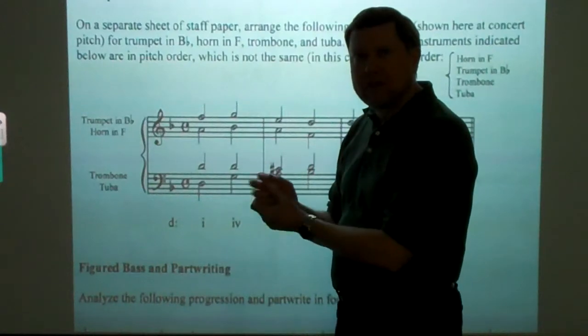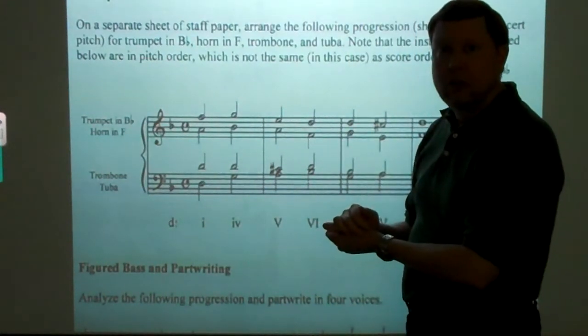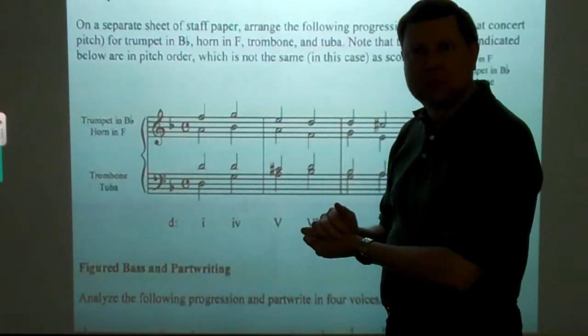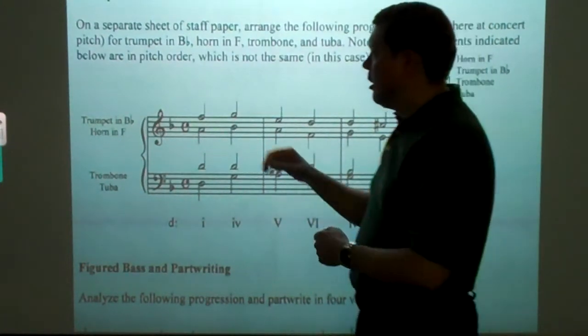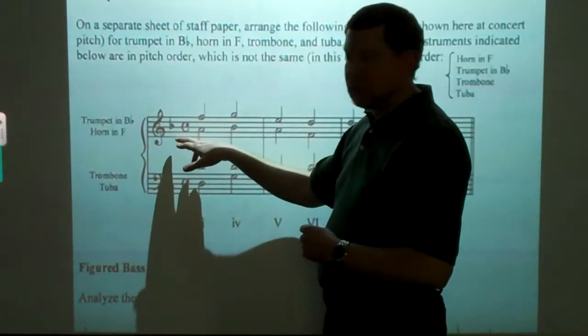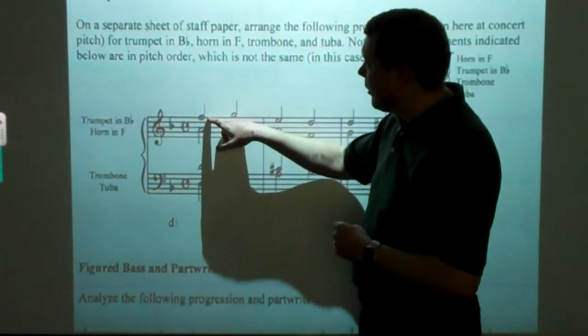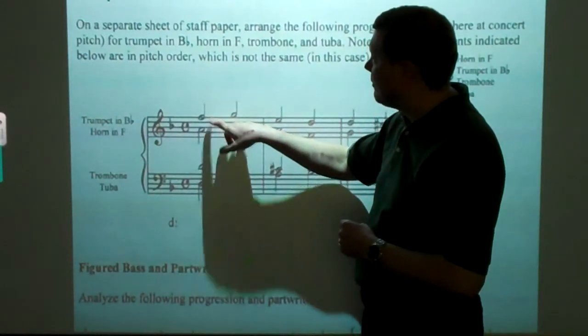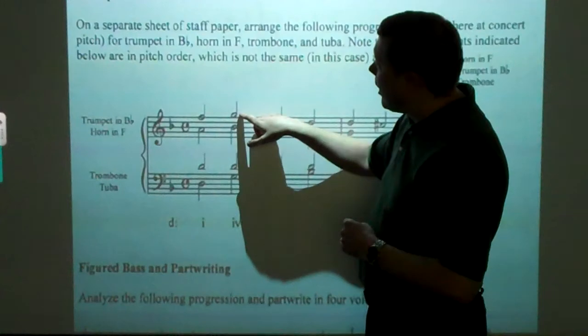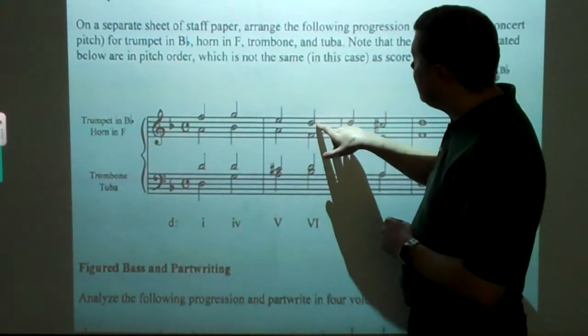When we go up a perfect fifth from D minor, we should get the key of A minor, which is no flats and no sharps. So for your horn in F staff, you need no key signature, no flats, no sharps, but the first note you write is going to be the E in the top space of the staff, and then you're going to write an F on the top line, and then an E in the top space, and a C above there,